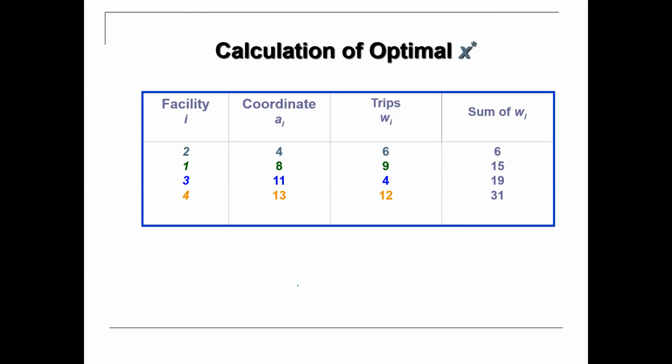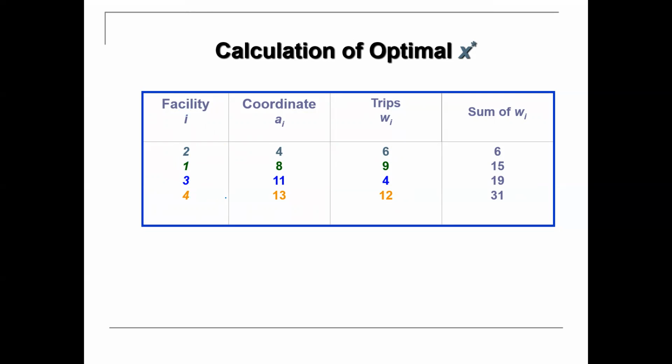So let's look at this table, which is again the information that I just showed you. So we have 4 facilities. We have the coordinates in terms of X for those existing facilities. This is the calculation of X star. So this is the calculation of the new facility's coordinate in terms of X. So we have the information for the existing facilities in terms of X. So we have the facility names 2, 1, 3, 4 in